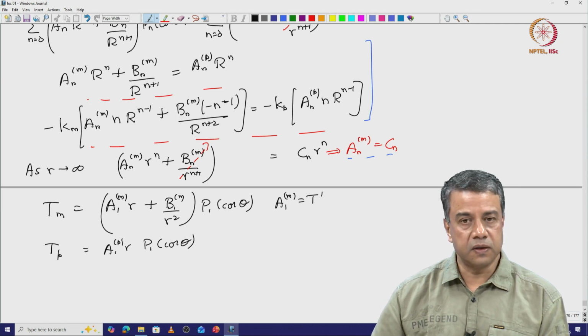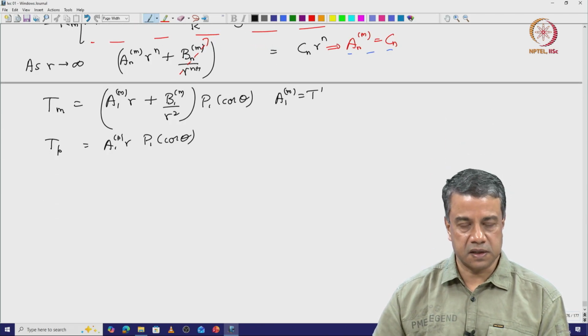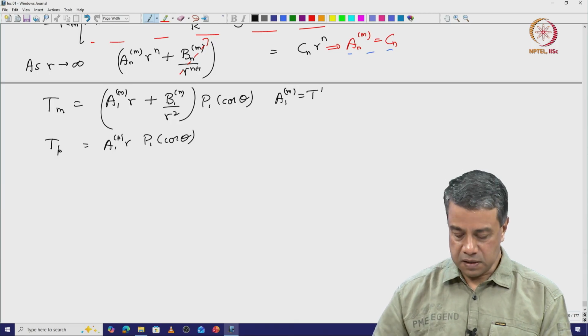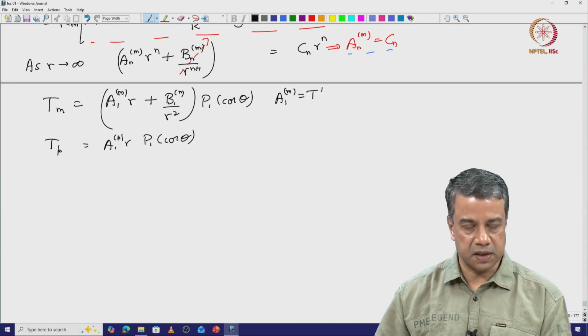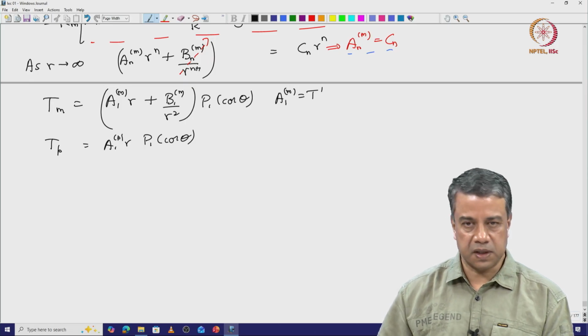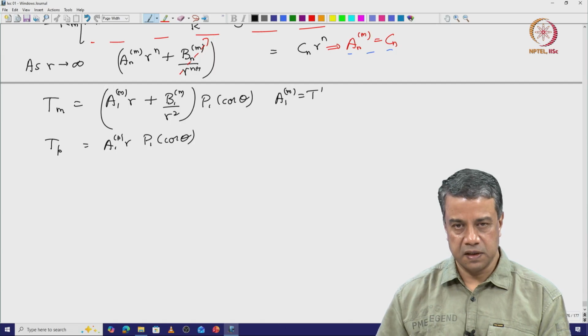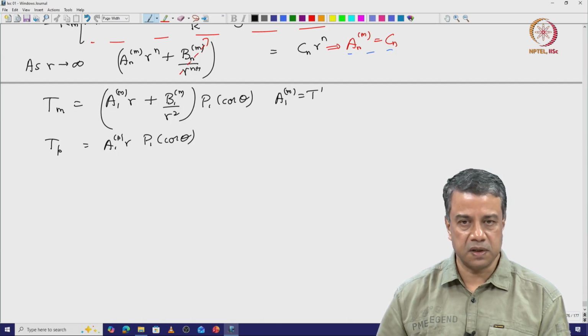Okay. Therefore, the only term that survives is n is equal to 1. That is because of the orthogonality of the Legendre polynomials. The equations are del square of T equal to 0, right. They have no forcing in them, they are just Laplacian of the temperature is 0. Boundary conditions at the surface are equal temperature, equal flux. Okay. Whatever is the temperature on both sides has to be equal, the flux has to be equal, no forcing